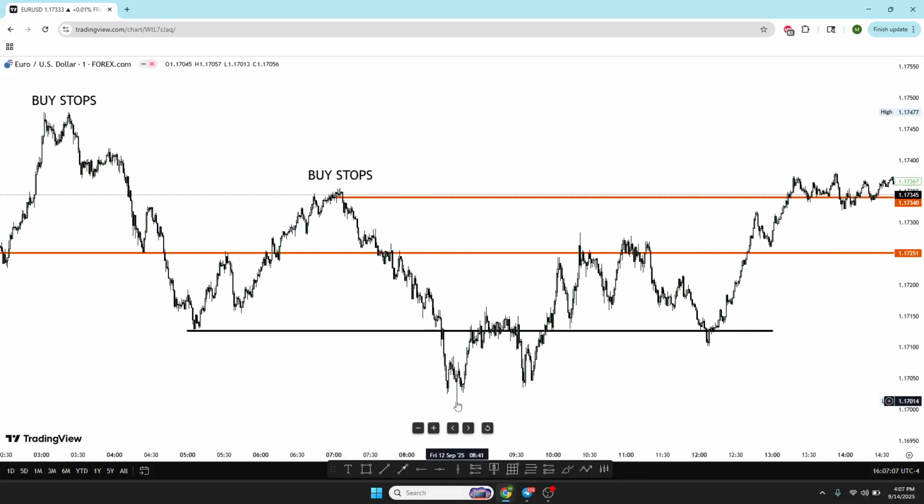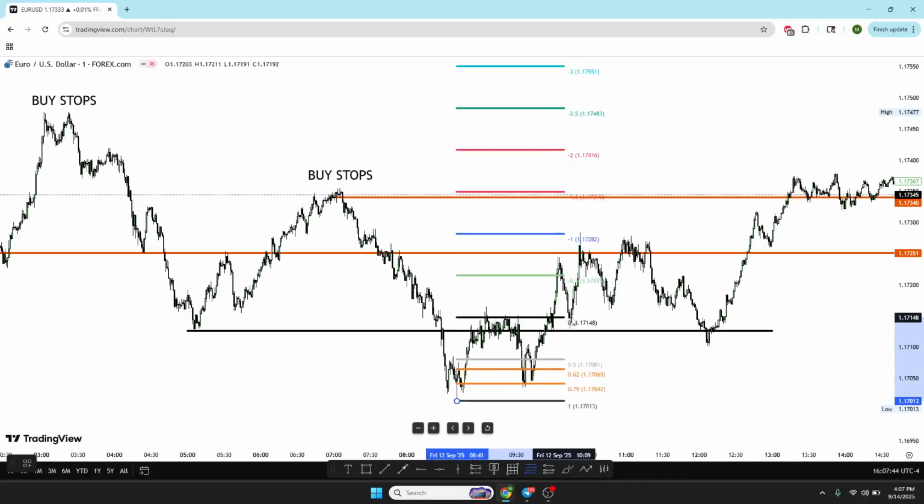So we have a low here at 8:41. We have a quick move up back above those sell stops, right? So that should already give you a little sign that, okay, price is looking to reverse. As well as we break structure here and we break structure here, right? Old highs are now being broken on the 1 minute chart. Once we have that rapid move up, we want to wait for price to come and trade down into an optimal trade entry, which is low to high,